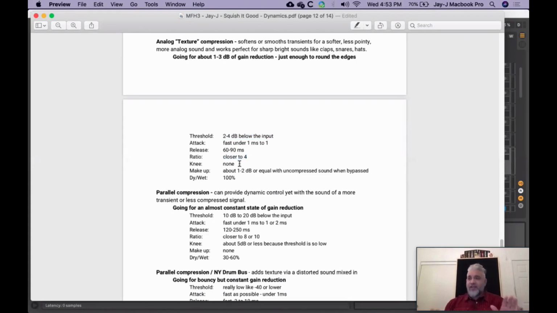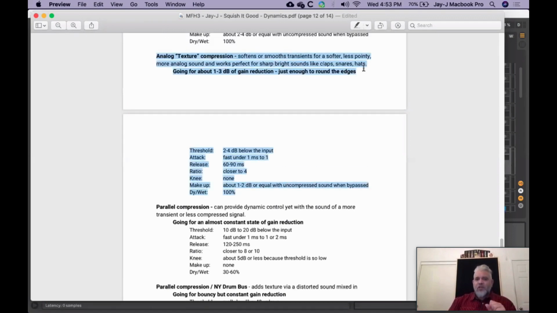I want zero knee. I don't want to spread out what I'm listening to. I want to be very determined about what I'm listening to. And my makeup gain 1 or 2 dBs. I really love this analog compression type setting. Fast attack, fast release, going for a couple dBs of gain reduction, and watch what happens to claps, snares, hats,